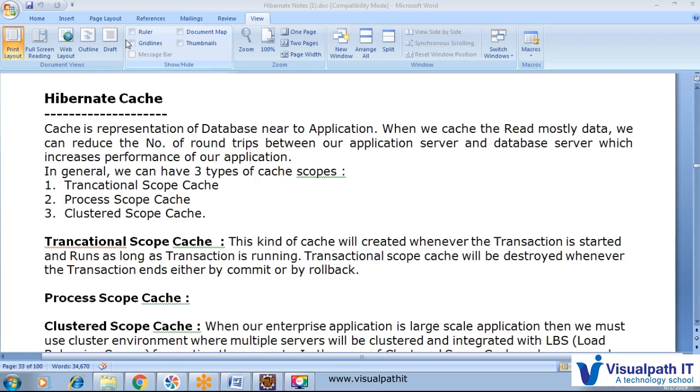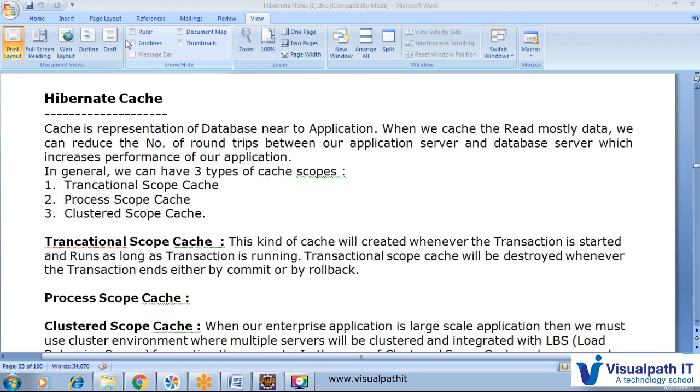Before, we had to send the same query to the database, retrieve the data inside the database and populate it in our application. But now we send the query the first time, and once we get the data we store it near our application, and the next time, as many times as we want, we can fetch directly from the cache. Once the database changes, we change that data in the cache itself,